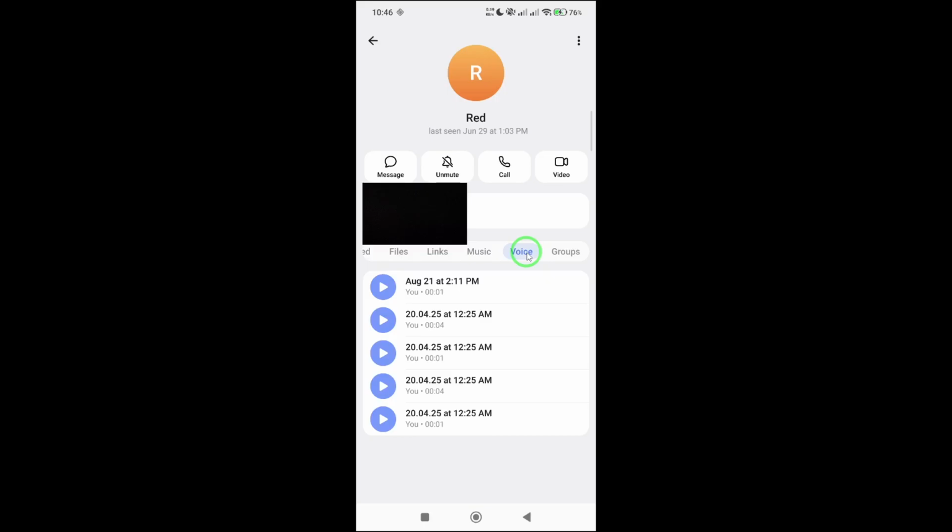At this point, you'll see a list of voice messages exchanged between you and your friend. To explore older messages, simply scroll down through the list. Telegram organizes these messages in a clean and easy-to-browse format, so you can quickly locate the exact audio you're looking for. This feature is especially useful if you've shared important information through voice messages and don't want to scroll endlessly